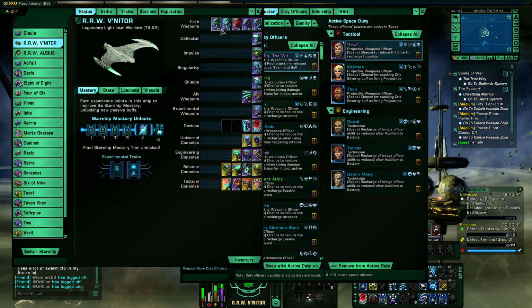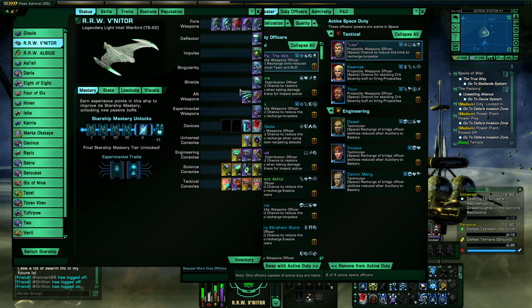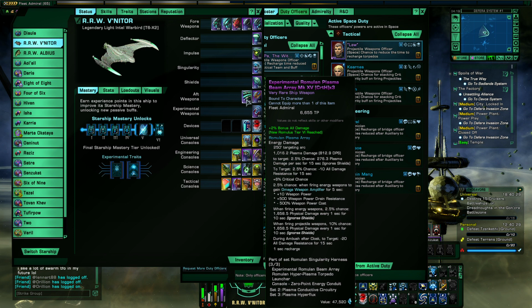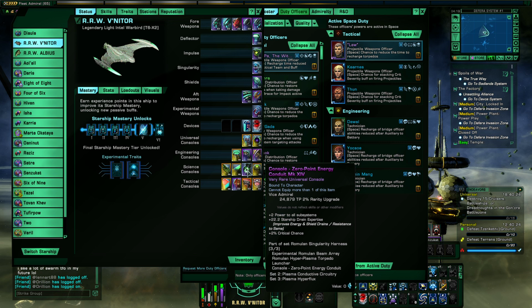Set bonuses that this uses. This uses the full Romulan reputation weapon set. Yeah, the hyper torpedo, the plasma beam array, and the energy thingy. I keep calling this a ZPM because it reminds me of those things in Stargate, but that's not actually its name. Anyway, though, those have a very useful effect because of the fact that